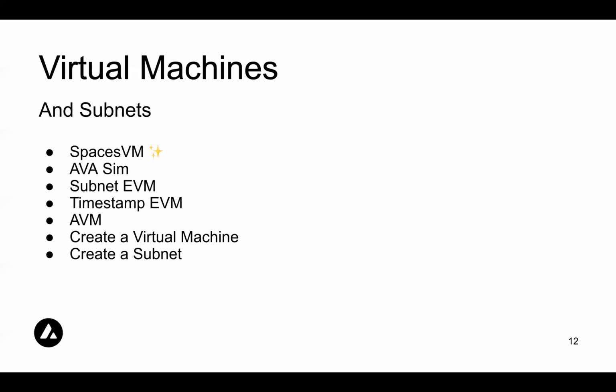And this allows you to tie key value pairs to individual addresses. But you can imagine in the future having feature extensions like posts or quantum safe crypto or BLS signatures or Schnorr signatures. And you can imagine plugging in more and more functionality. This is the AVM. And then lastly, we have the create a virtual machine tutorial and the create a subnet